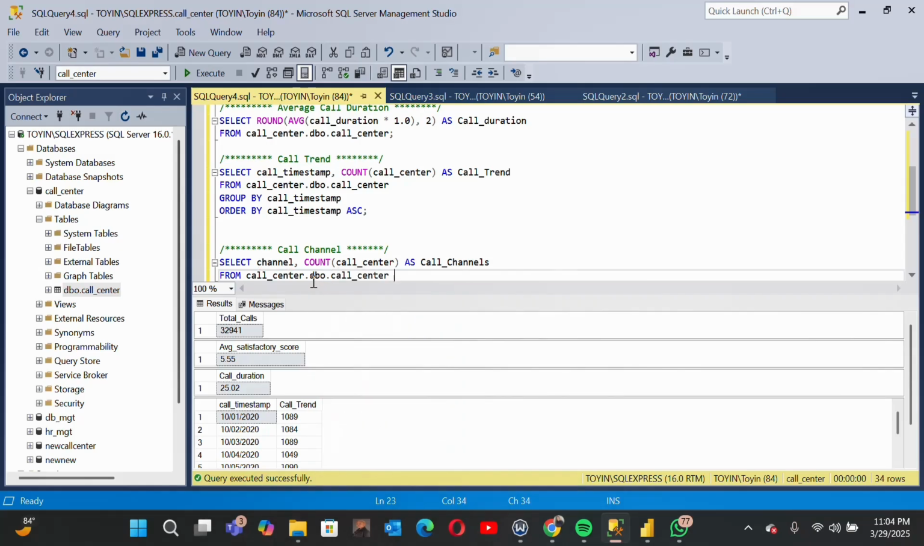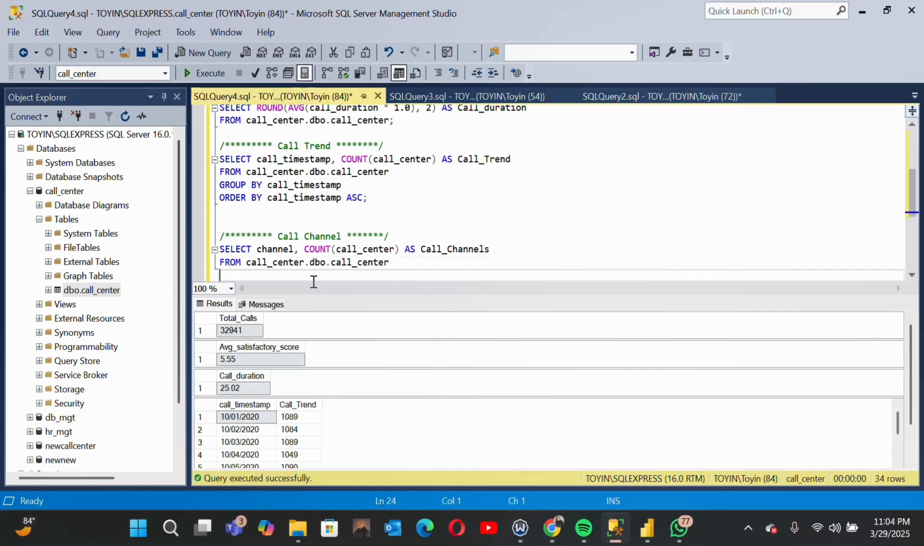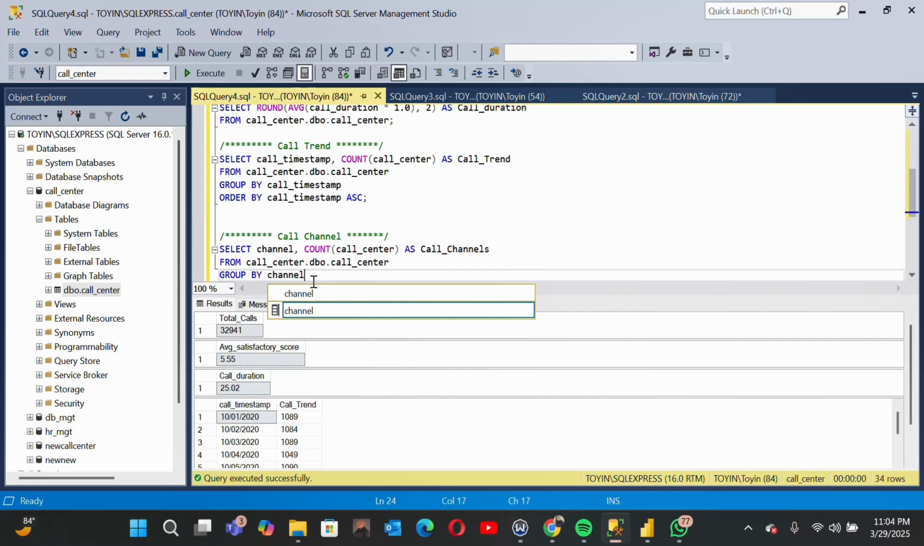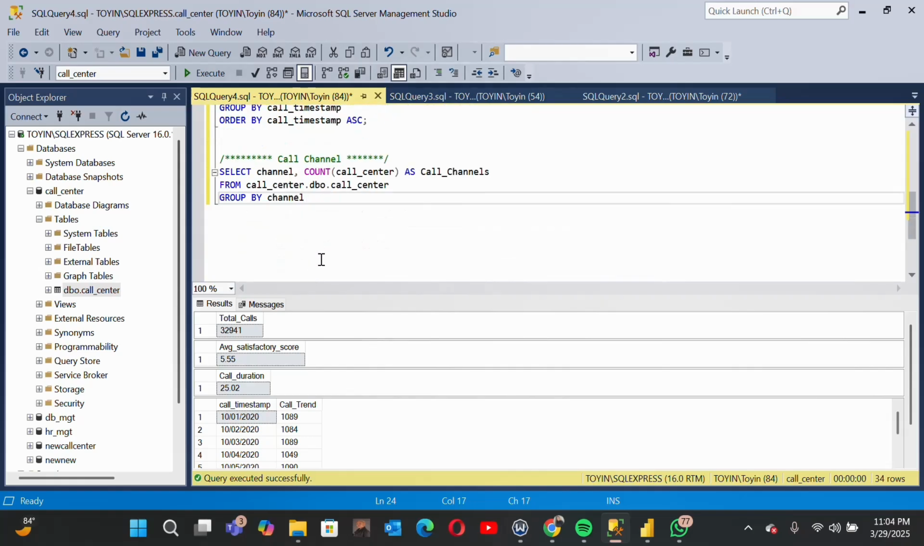Now we need to group by and also order by, just like what we did. So we are going to be grouping it by call channels. So I say group by channels, then order by channels